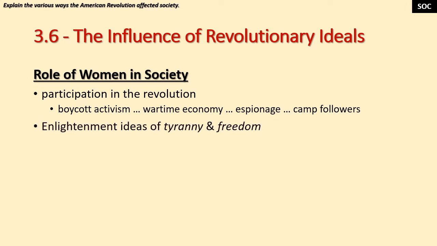You add into this the Enlightenment ideas of tyranny versus freedom. If you're going to talk about the tyranny of a distant government or giving somebody freedom over the conduct of their lives, this leads to questions about the role and status of women, because within household situations, some women felt it was a tyrannical situation where their freedoms were being limited. And if this is happening in a family situation, maybe there should be consideration given by the government to protect women in those tyrannical household situations, which leads to Abigail Adams writing a letter to her husband John Adams,